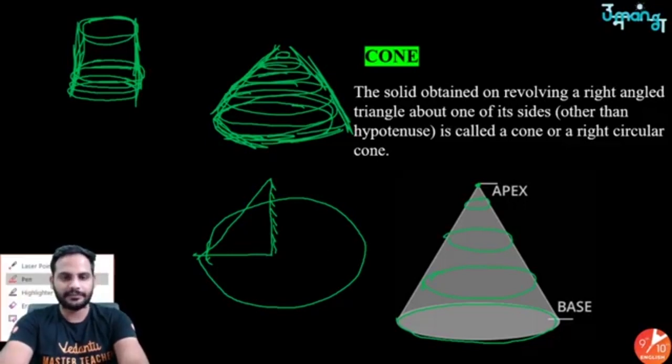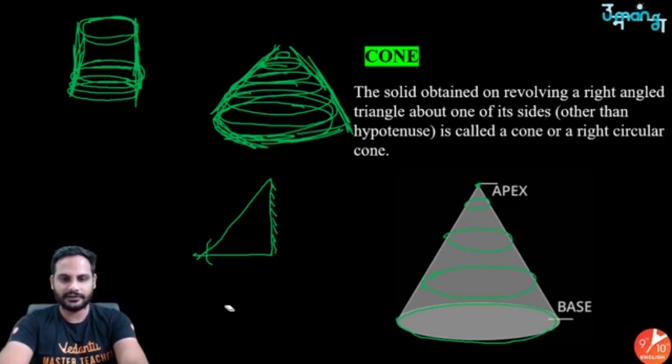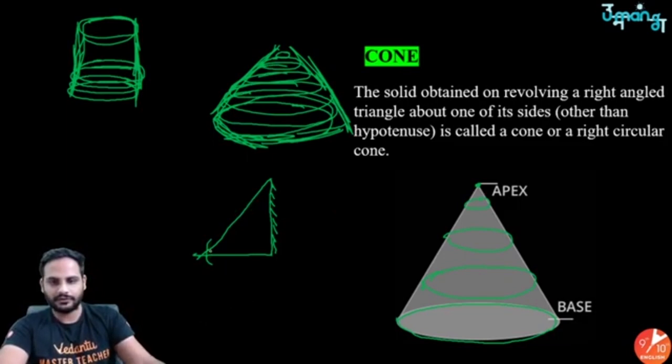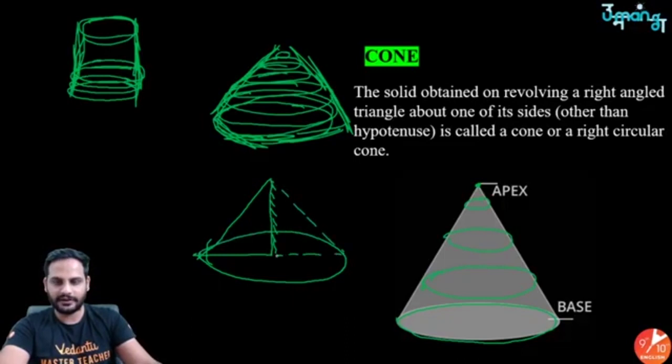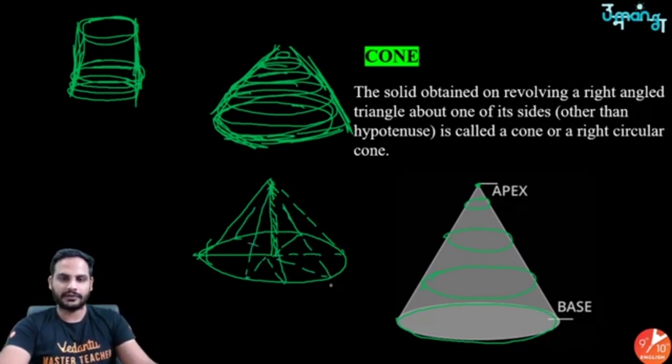So this is the next part which it was saying. Let me make this diagram a bit more clear. So if I revolve it around, it will look something like this. At this place also it will be forming the same shape. Here also the same. This is how different triangles it will be forming. So this is how it is going to look. So it will form a cone. That is what it is saying.